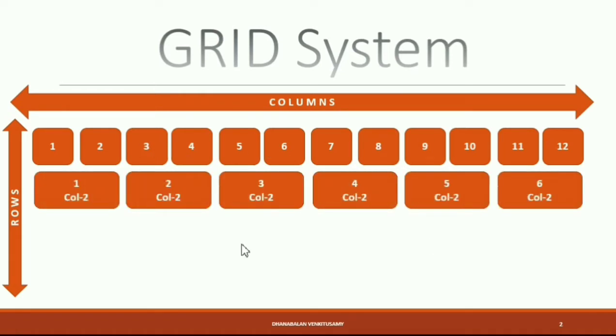It is not necessary that you always split into 12. You can combine multiple columns, like here you are combining the first two into one column. Like that you can combine multiple columns into a single column, but the consolidated ratio is always 12.